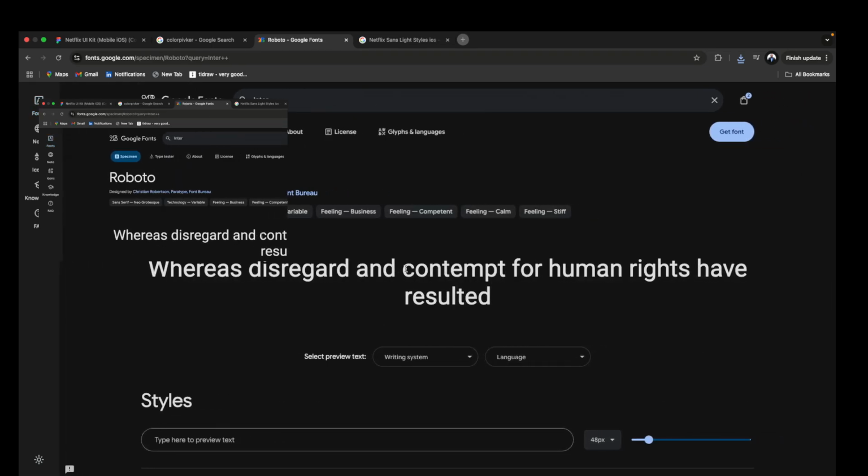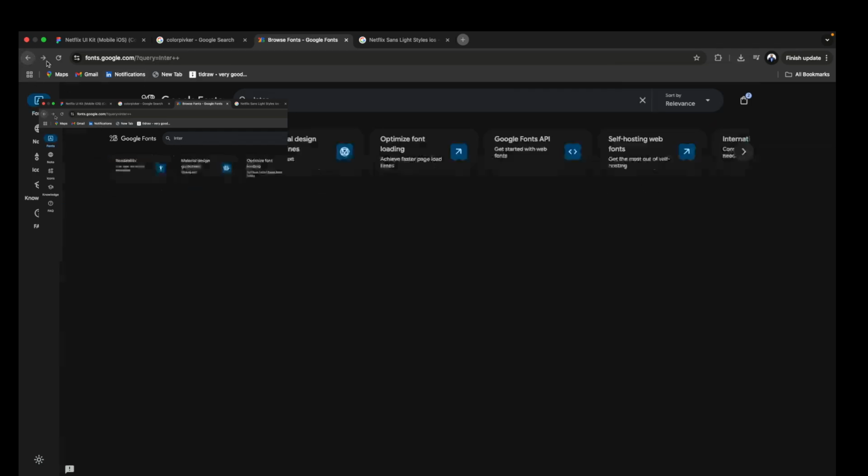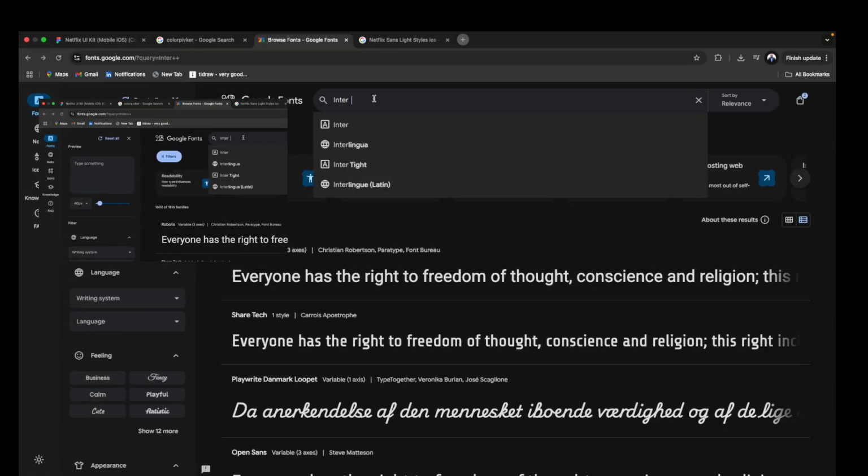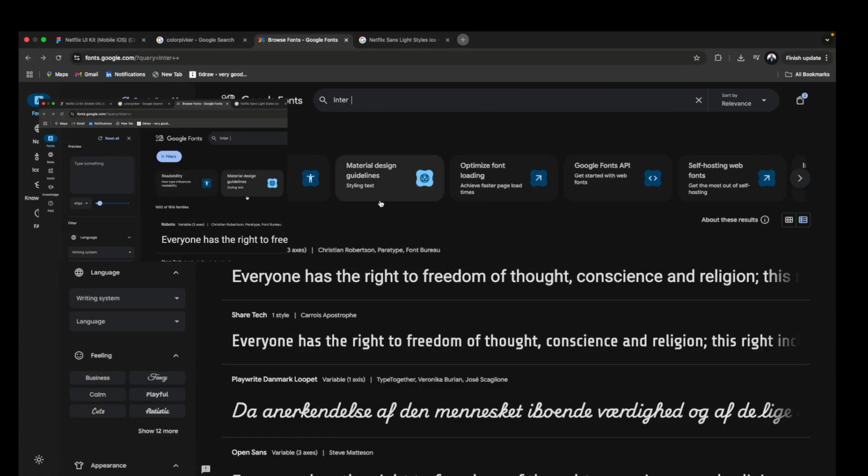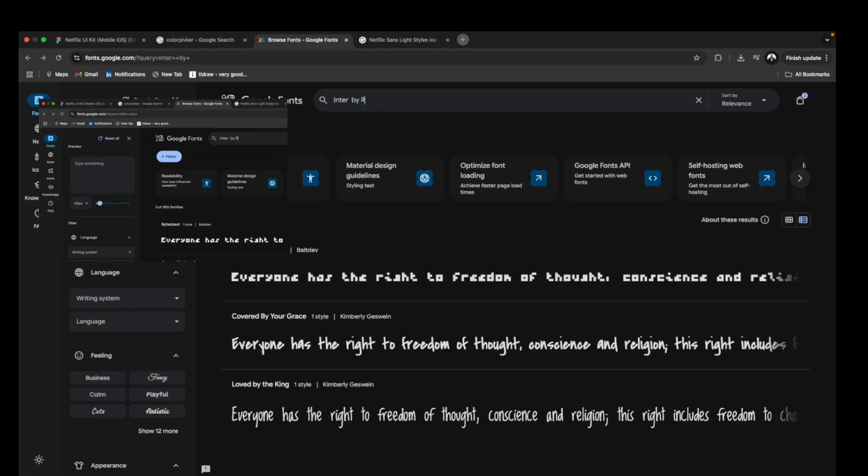Yeah, I did download this, right? So let's go to our downloads. Oh, I didn't download it. Why is this coming as Roboto? Oh, let's click on Inter. This is Inter by